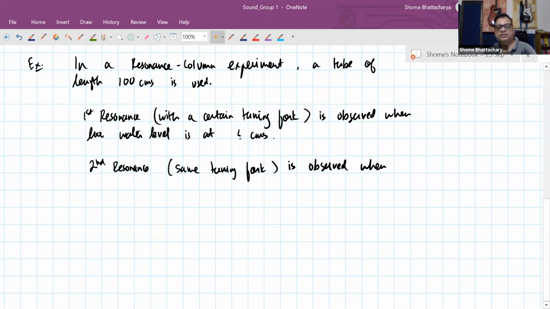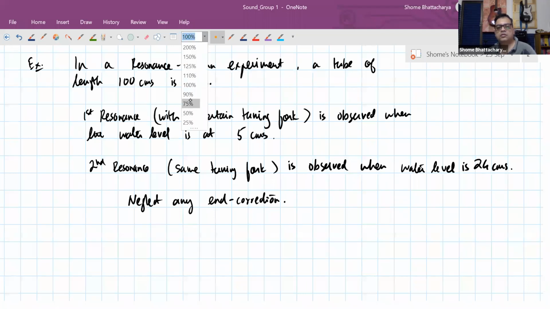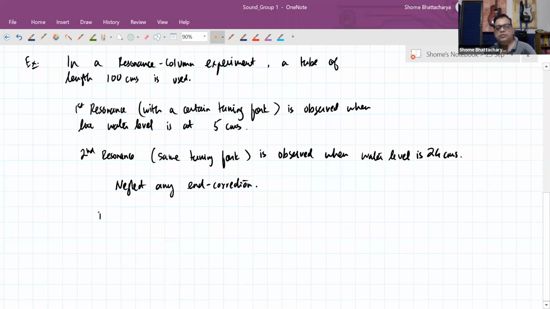The water level is at 5 centimeters. Okay. So first of all, neglect any end correction over here. So first of all, if speed of sound is 350 meters per second,